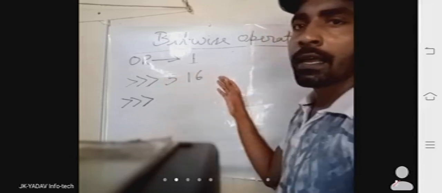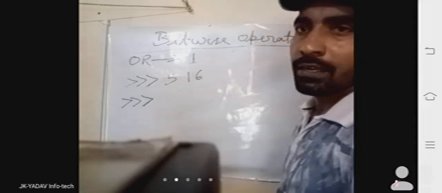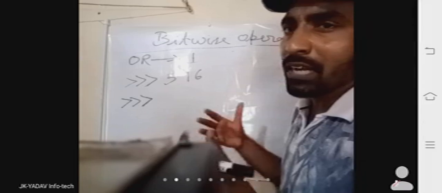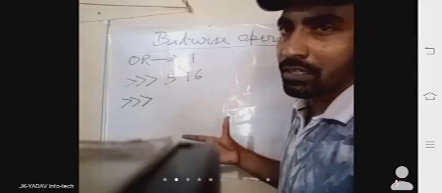Okay. Now let us take an example of the bitwise OR operator. Suppose we give 5 or 6. Then what will Python produce as the result? For that, we first have to find the binary of 5 and 6. Then only can we forecast what the result is.